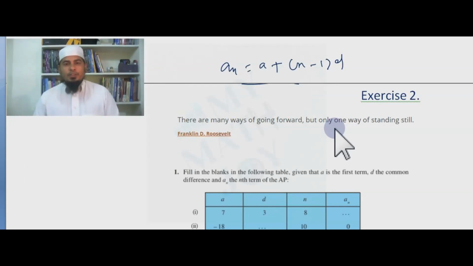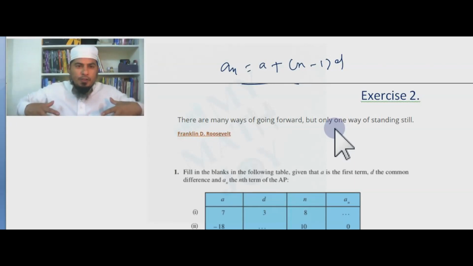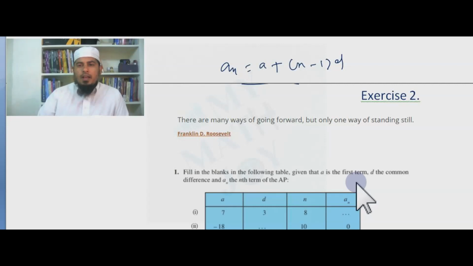Okay, so there are many ways of going forward. There are many ways of being progressive. To progress, there are many ways, but standing still is only one way, which often we do. So let's cut short that particular standing still way and proceed to get forward. Let's move on to our forward exercise 2, which is made again on the formula